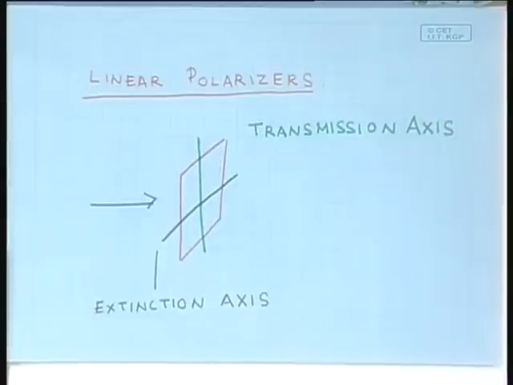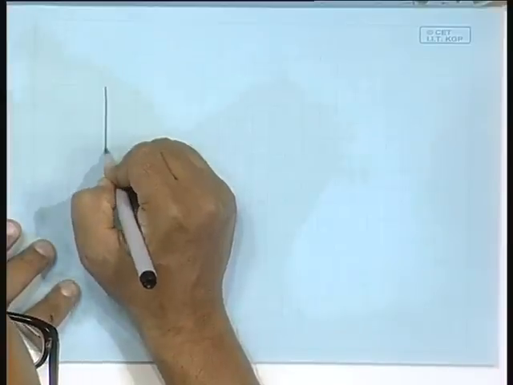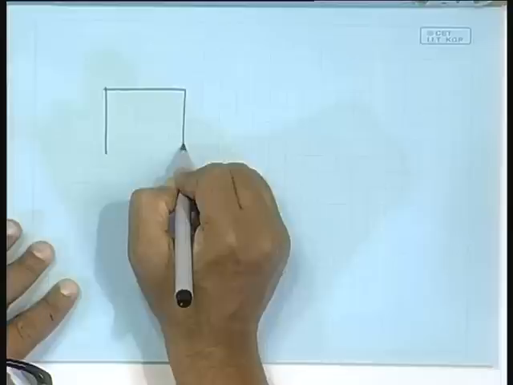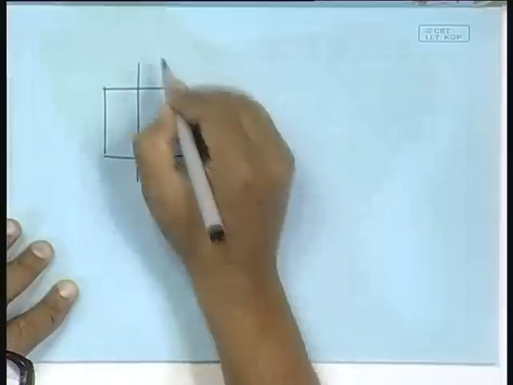So, let us first consider the situation where we have natural light incident on a linear polarizer. So, if this is the polarizer and this is the transmission axis,